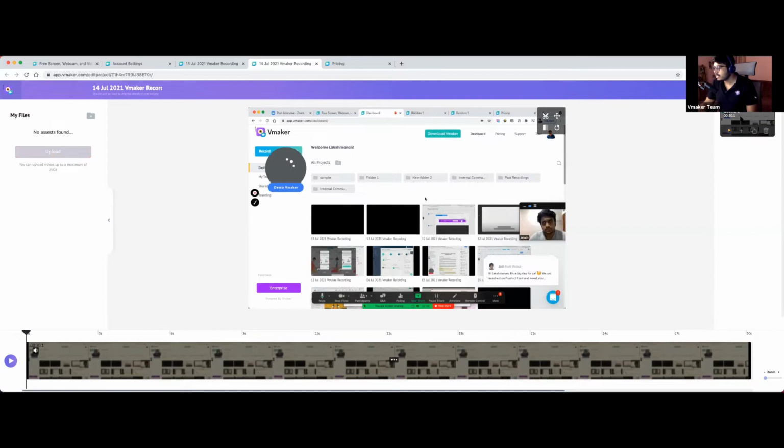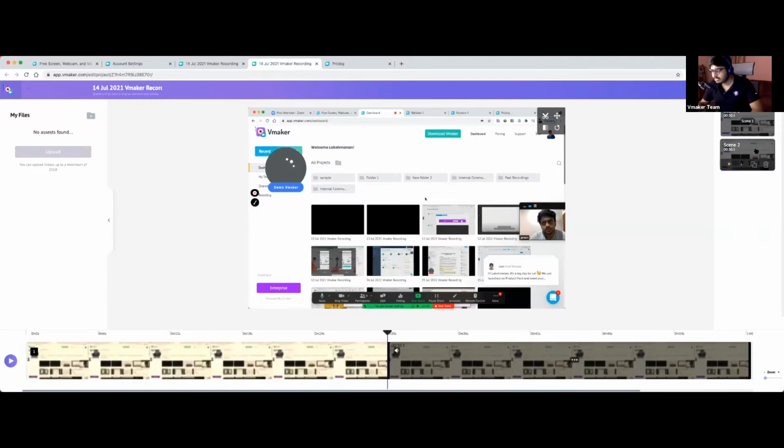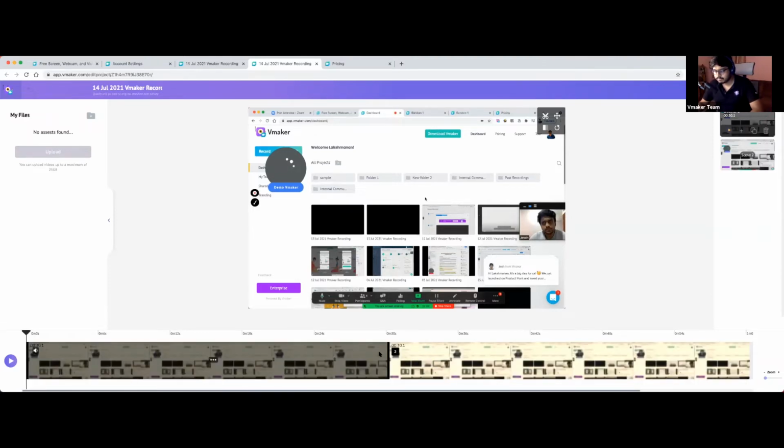So you can see that there are scenes which are listed. So scene 1 is always your recording, and then you can continue to add multiple scenes, and you can simply drag them. So let me just duplicate this scene, and you can see that it is already added here, scene 1, and I see scene 2 here. So if you upload something, it'll be listed there, and you can just drag and drop it to your scene.